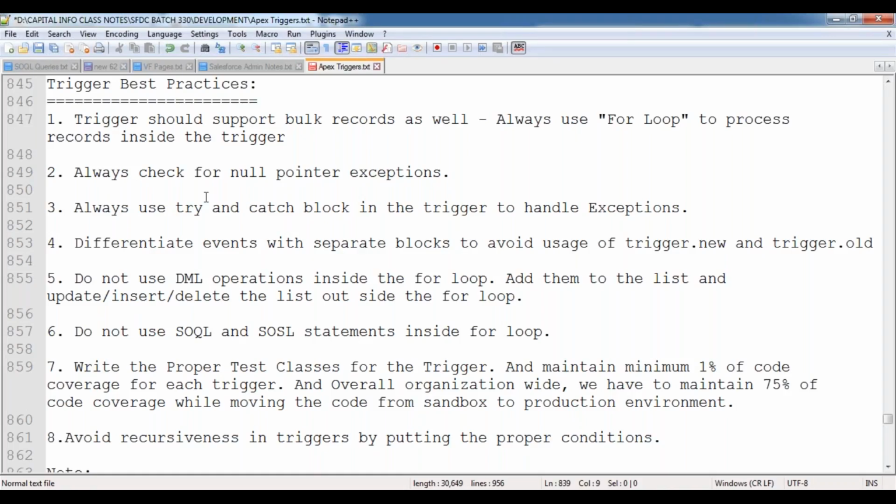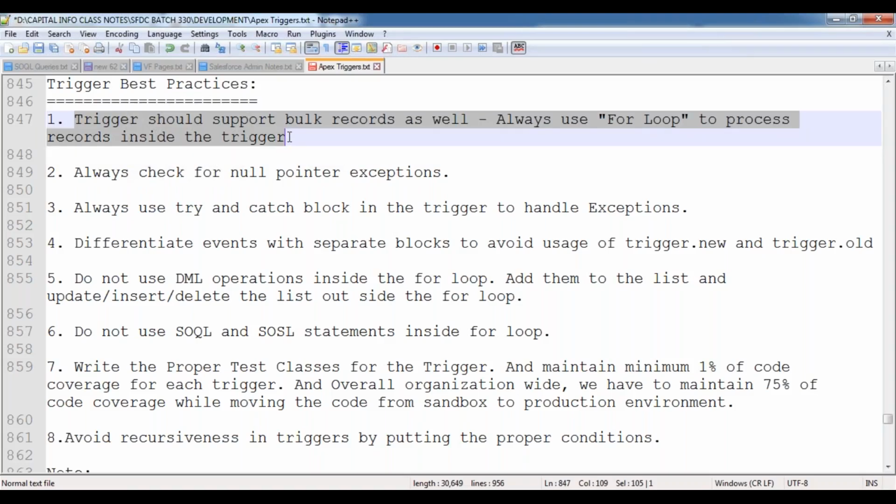You know, these are not new. These are already things you are aware of. From the beginning of the development, if we're discussing some best practices, all those best practices we have to include as part of these trigger best practices. Every point we have discussed already, but we are going to be consolidating all the points in one place. That's it. So the first best practice is